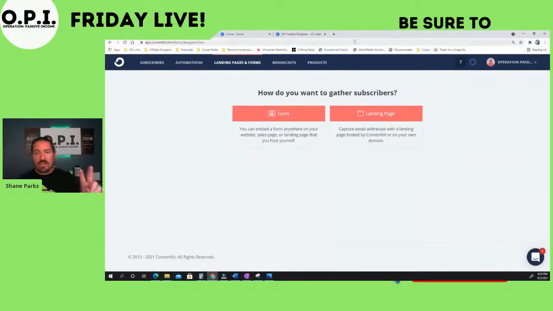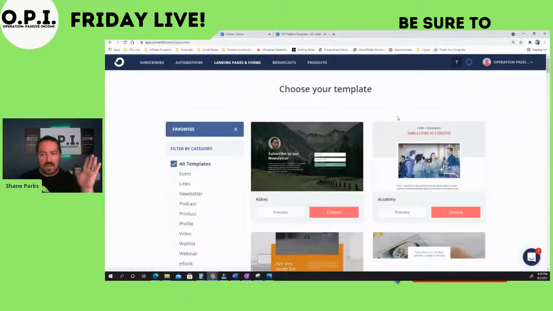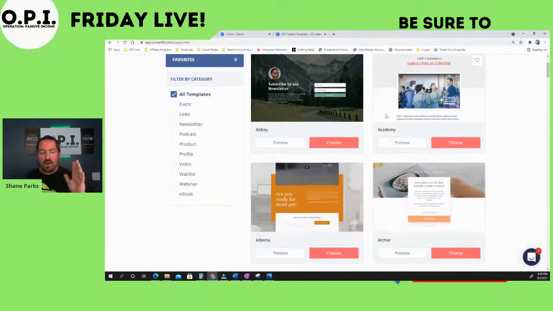So in Convertkit, you have 2 options. You can do this as a form, which a form is typically embedded. So if you've already got your own full website or a sales page or a landing page that you host yourself somewhere else, use a form. If you don't have one of those, create yourself a landing page. And with Convertkit, you get unlimited landing pages. You can do as many of them as you want. And they give you all of these